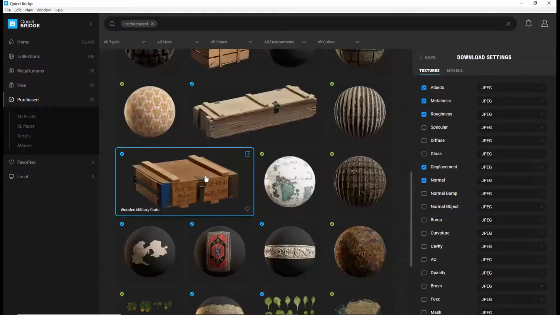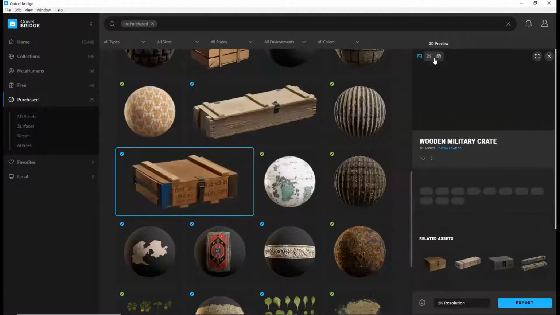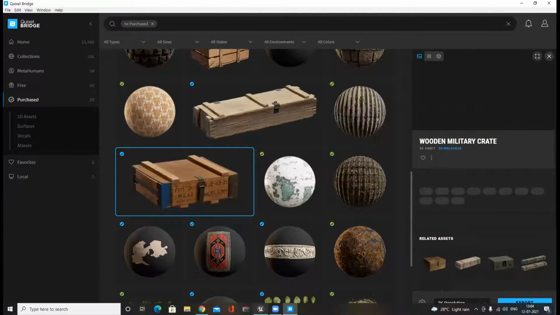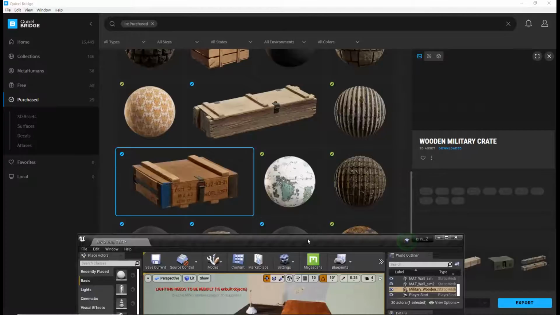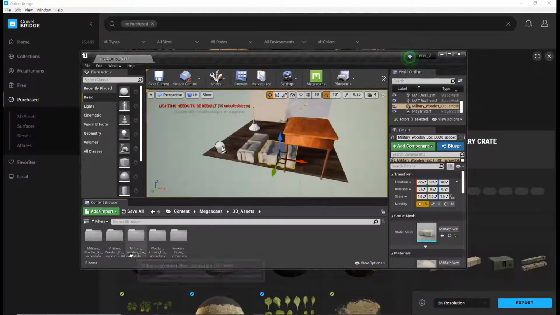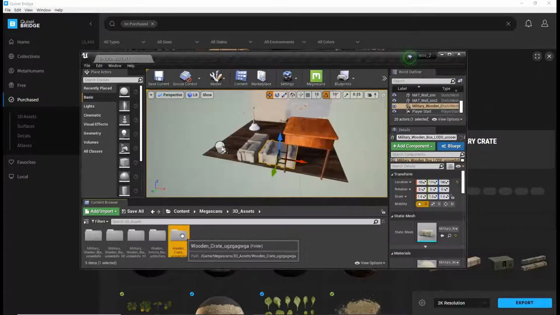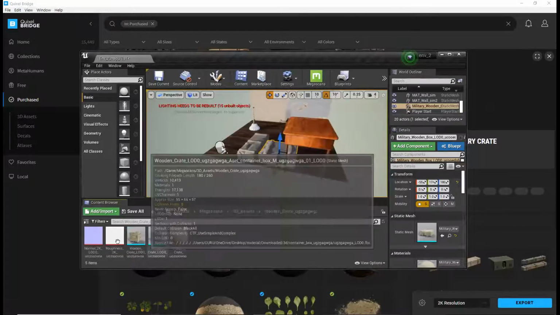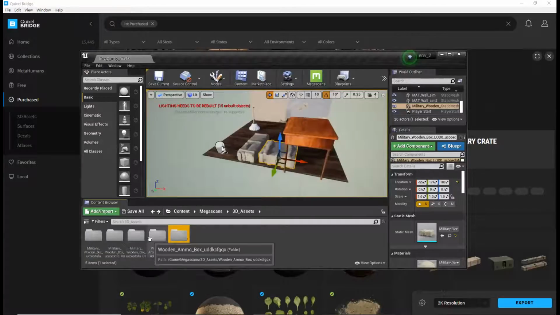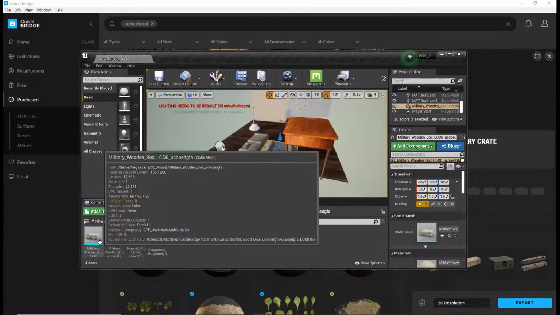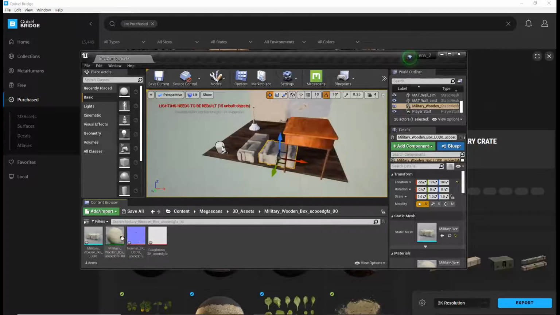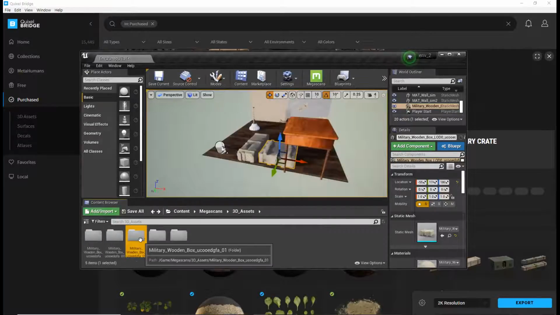Name: wooden military crate. You have it. Okay, open this one, not this one. Back. This is the back. Open this one, the third one.